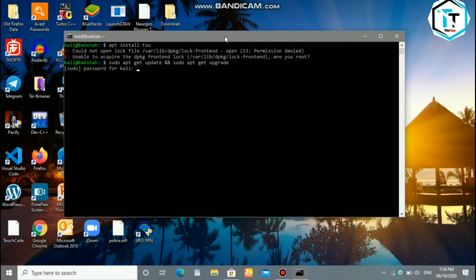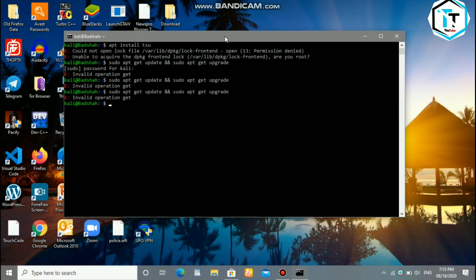If you run this type of command, you give the password you set before installing Kali Linux. You give 1 2 3 4. This is my root password, and oh sorry, this is invalid. So we type this command again, sudo apt-get update and then sudo apt-get upgrade. Sorry, I made a mistake.